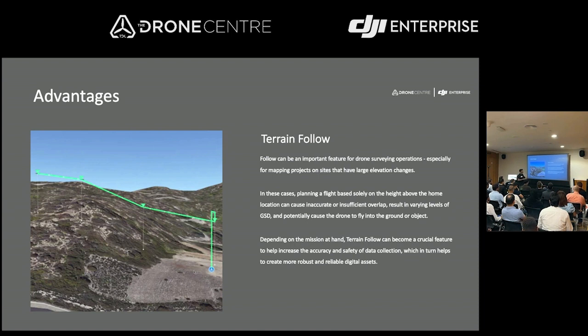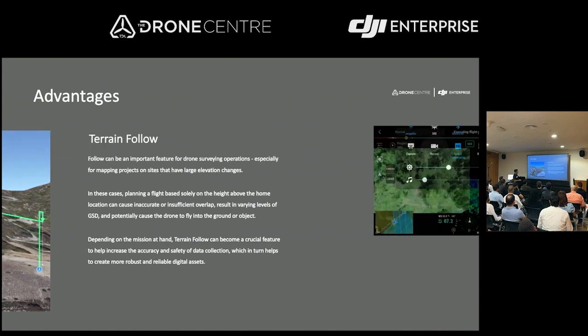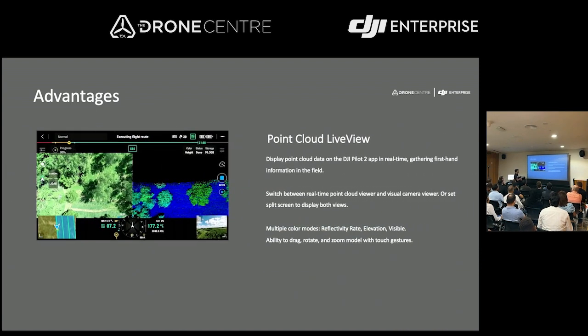So with the added features, DJI ensures the results are more accurate and safer when you are serving your client. So that's two features, and the last key advancement is the point cloud live, which we have seen in our video. I'm going to explain it more. So with the DJI Pilot 2 app,